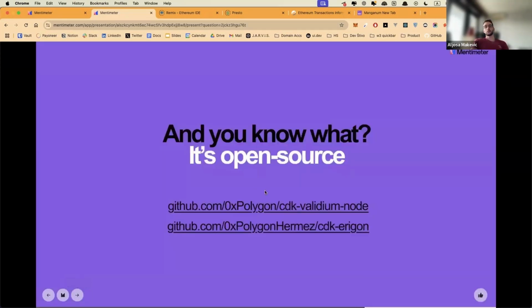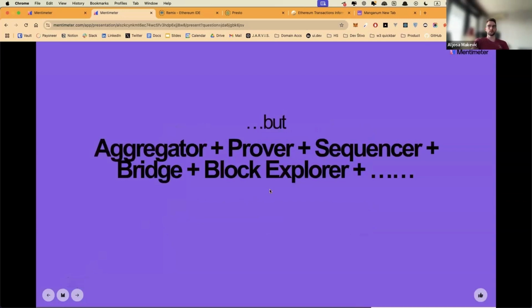So as I said, these chain development kits are open source. I'll link them, I can send them to you guys later. And you can technically go to the GitHub repo and attempt to start building your own chains. But it does get complicated real quick because you gotta set up the aggregators, the provers, the sequencers, a bunch of fancy words I'm saying right now.